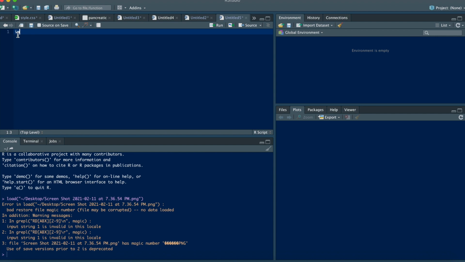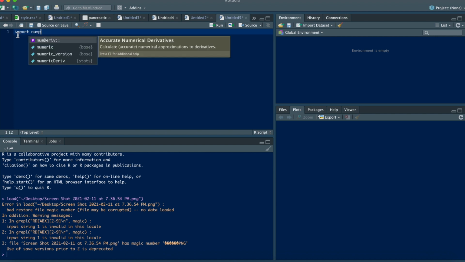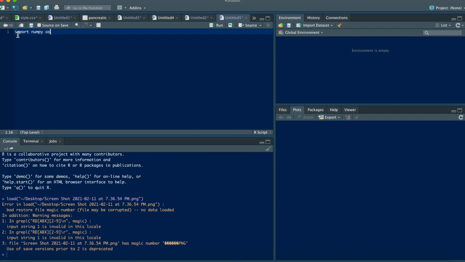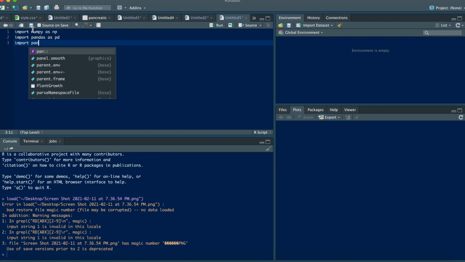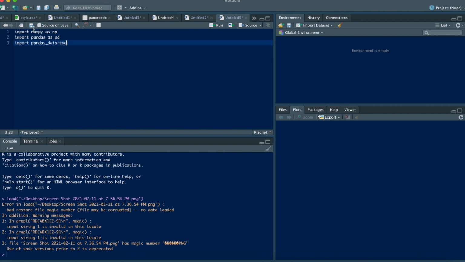So we're going to do import numpy as np. This is just a standard importation, and then we're going to import pandas as pd. After we do this, we have to import a few more things, and that's just import pandas underscore data reader as PDR. And then we have import